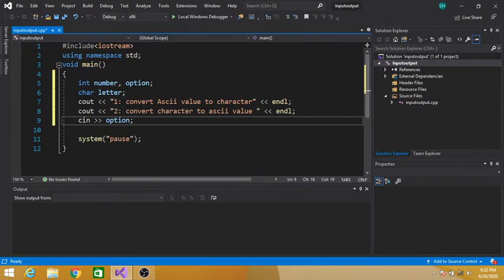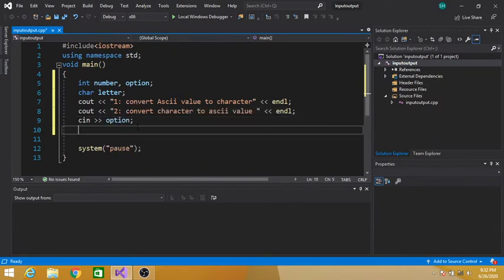The user will enter the option and we will convert according to the choice of the user. So we can use a switch statement.